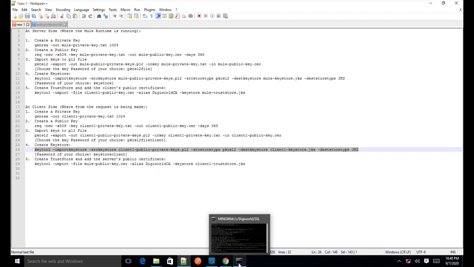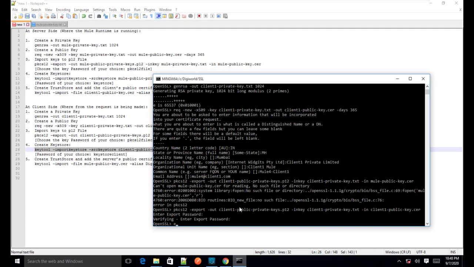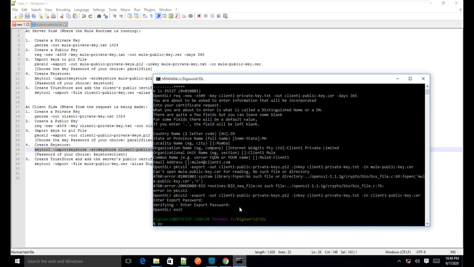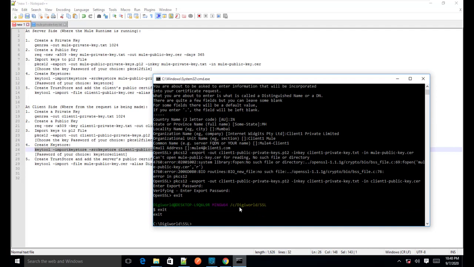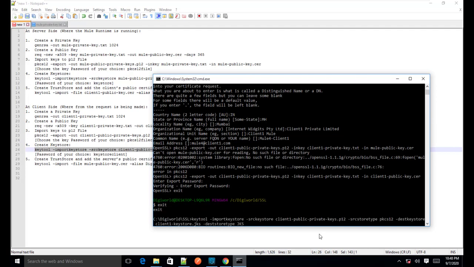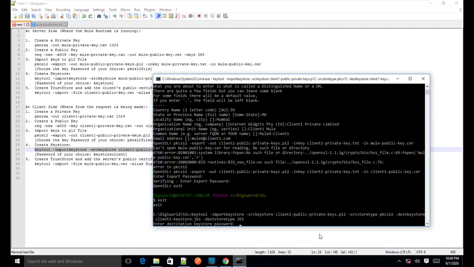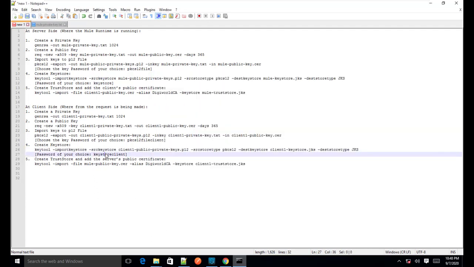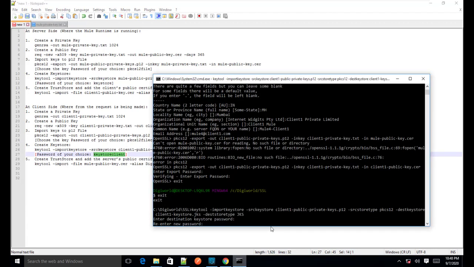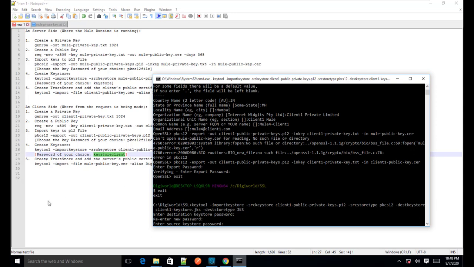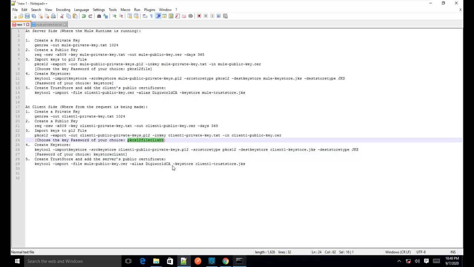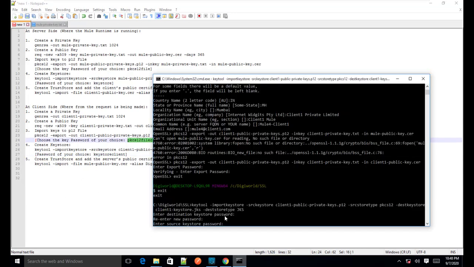So we will exit from OpenSSL, exit from bash, and now I will type the command, and as you can see it is asking for the password, so I will use this password. I have written it here, and I'll press enter, and this time it is asking for the key password.